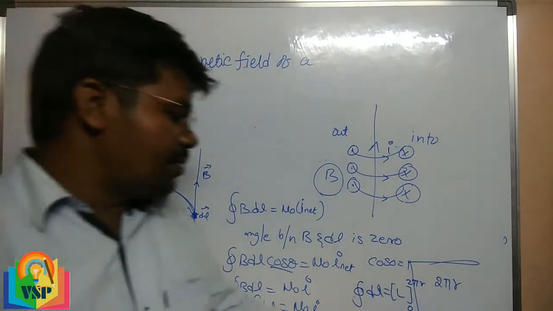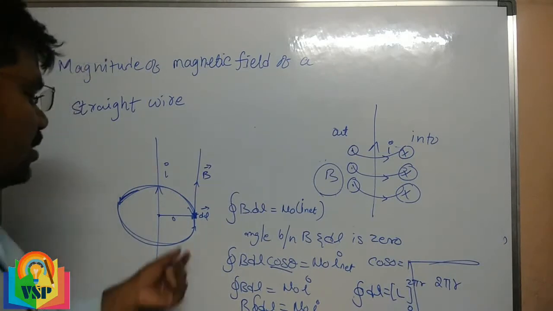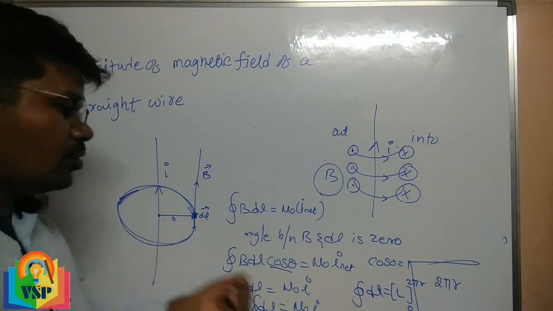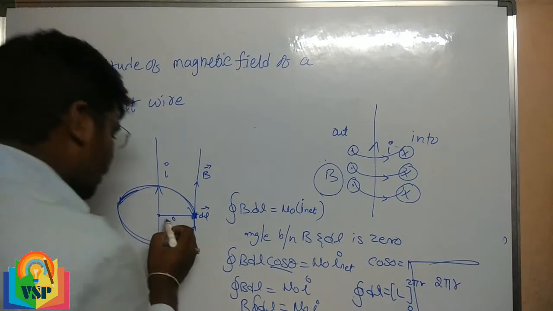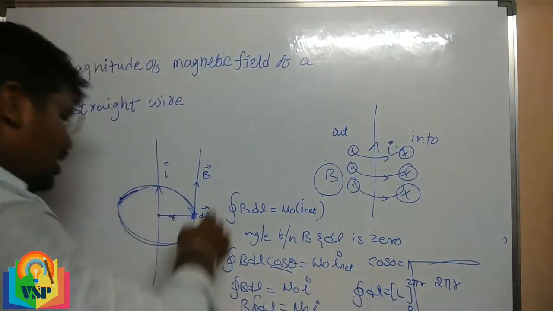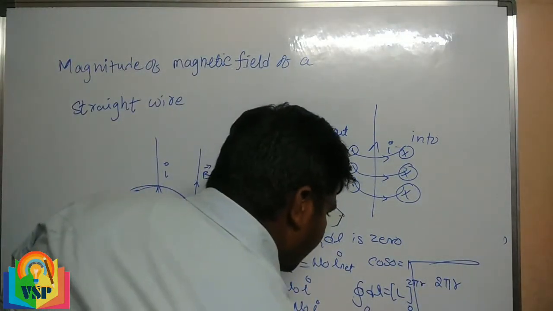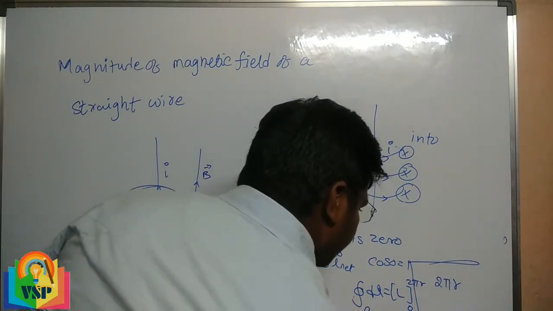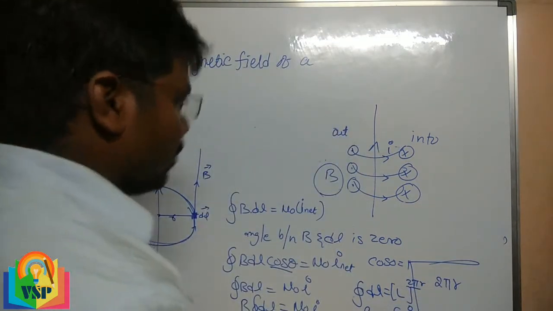Okay, so lower limit is 0. L is equal to 0 to what is the approximation we have to take from small dl to total length? 0 to 2 pi r. We don't know the remaining value, we don't know the radius, that's why we have to take the total length. Total length of this loop is 2 pi r. That's why integral dl is equal to 2 pi r minus 0, upper limit minus lower limit.